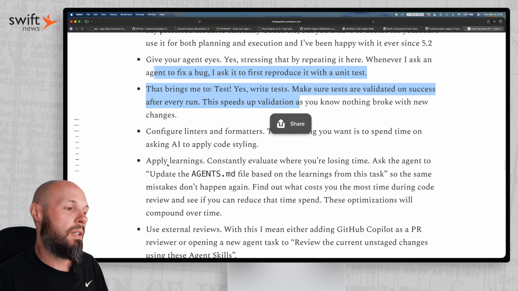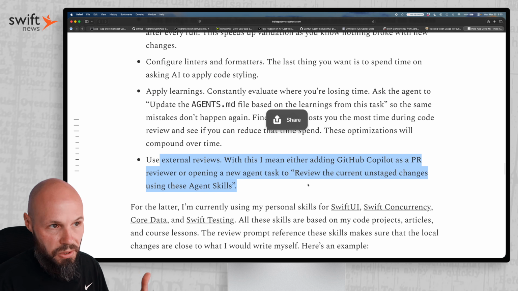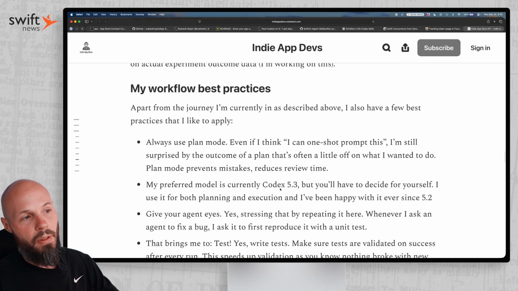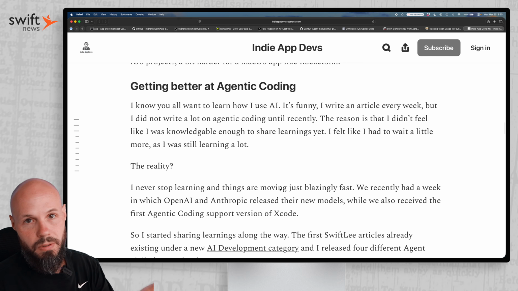He says write tests, update your agents.md file, use skills like we talked about. So he goes through his workflow. But again, the whole reason I wanted to share this is because I wanted to talk to you about context switching,